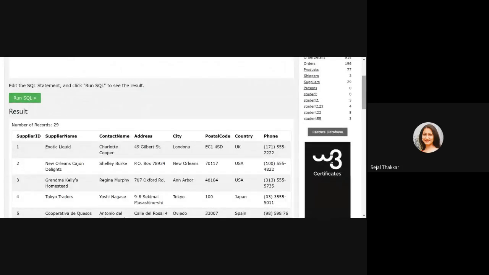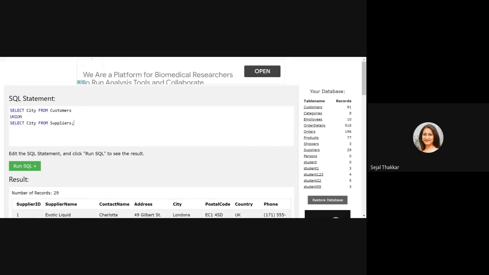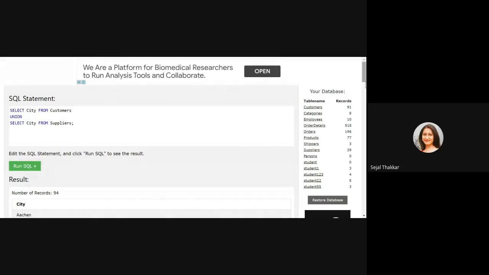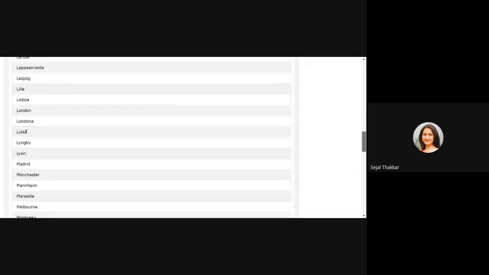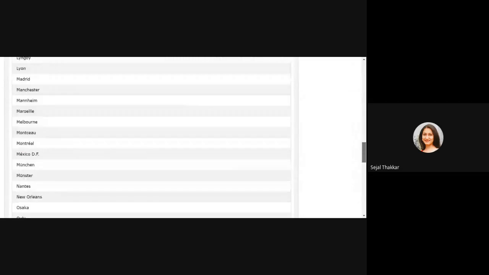So I can take this common column, country, and apply the UNION operator between these two tables. So select city from customer union select city from supplier. It is going to select all the cities of table customer and all the cities of table supplier, and it will remove the duplicate values. So you can apply the UNION operator here.